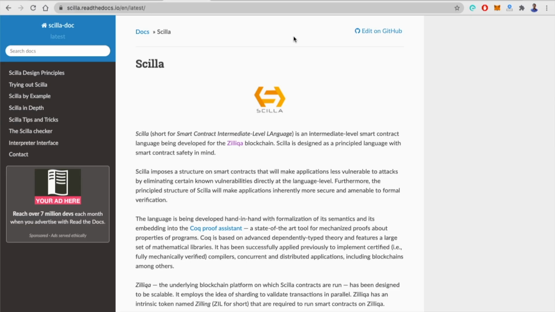Coming to documentation, Scilla's complete documentation can be found at scilla.readthedocs.io, and this portal has all the information that you need for Scilla. This includes all the libraries, all the data types, some tips and tricks, examples, and so on and so forth. So if you are building contracts and you ever face any difficulty or you don't understand any syntax in a sample contract, I highly recommend you go to this portal and search for the topic that you want to understand, and you can look at that relevant documentation.